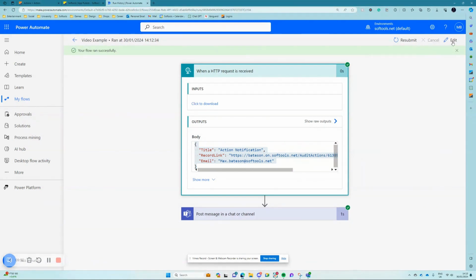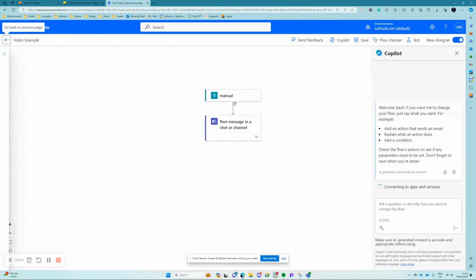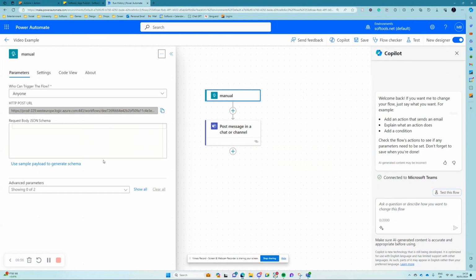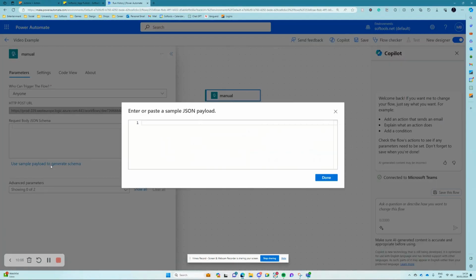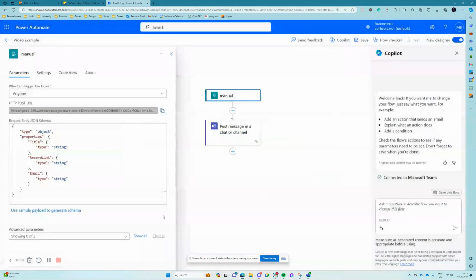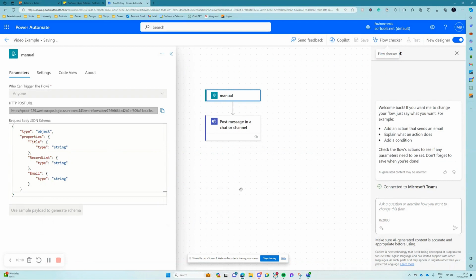We're then going to edit this workflow again. We're going to click onto this request, and all we're going to do is select use sample payload to generate schema. It's a great, easy thing. I wouldn't be able to figure this out myself. So all we need to do is pull that body of text, put it in here, click done, and now we can see it's making this JSON schema for us. And that's going to allow us, after we save,